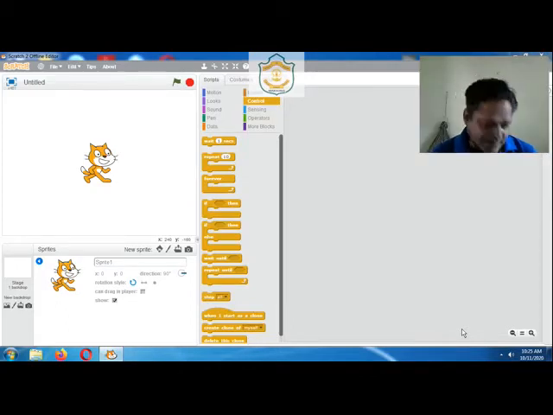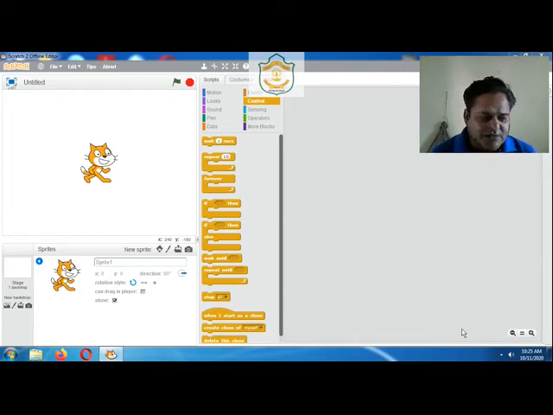Good morning, everyone. So we are discussing chapter number 7, more about Scratch. As we all know, Scratch is a programming language specially designed for children. This programming language is used to create games, animated stories, and projects. Children find it easy to use and attractive because of its graphical user interface.